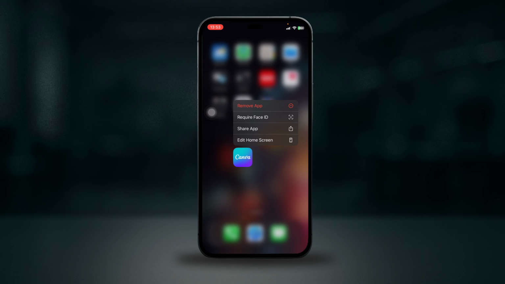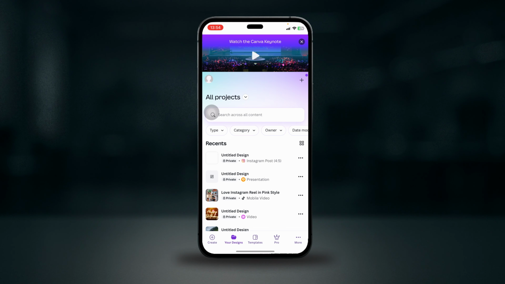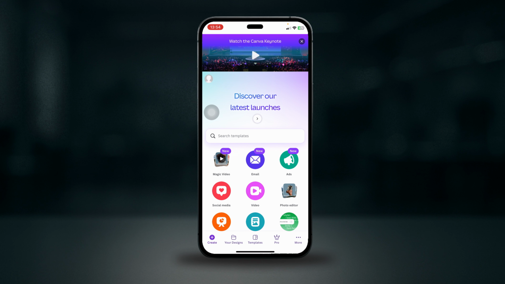Canva permission denied error when editing design. This prevents editing shared designs, so let's get started. First of all, ensure you're logged in with the correct account. Check if the design the owner gave you has edit access, and then refresh the app by swiping it from